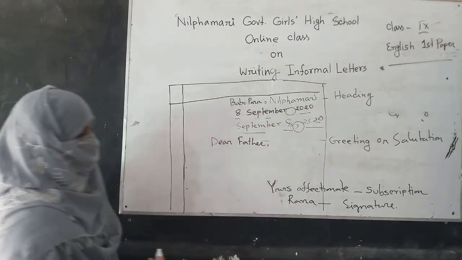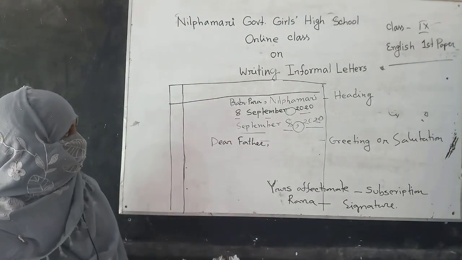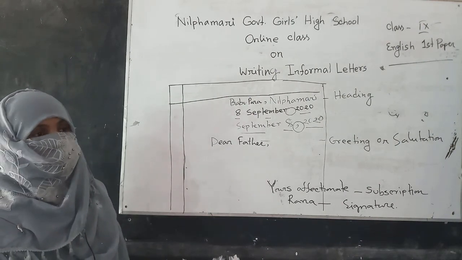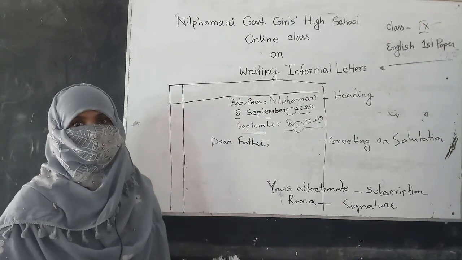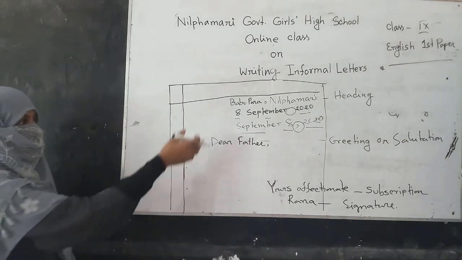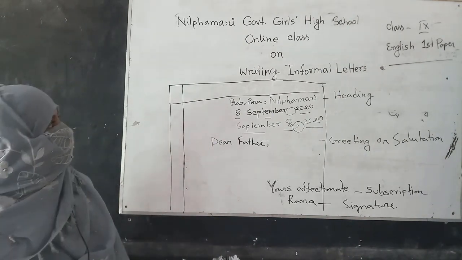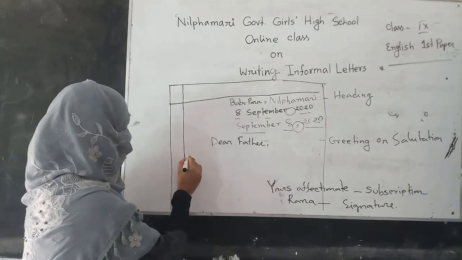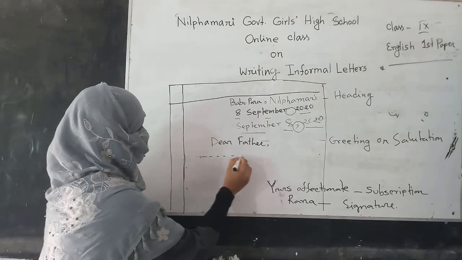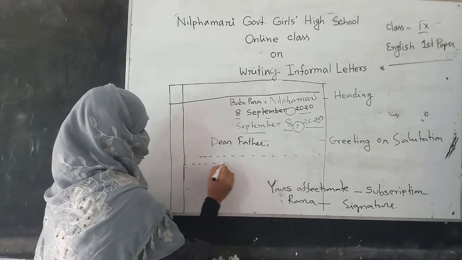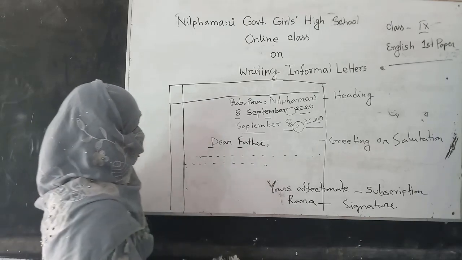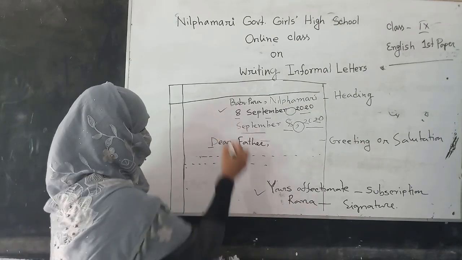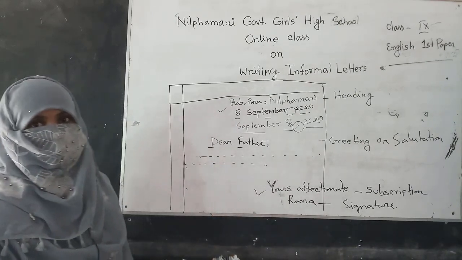And at the end, the 6th part of an informal letter is superscription. You need not write this part in your answer script, superscription. So these are the 6 parts of an informal letter, and this is the British style, that is keeping space from the margin, capitalization, heading at the right side, subscription at the right side. These are the key points you have to notice. Thank you, students.